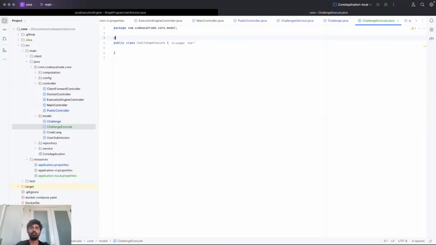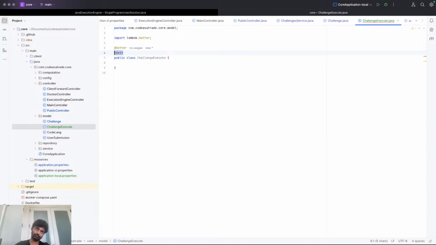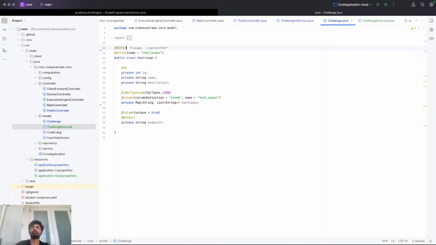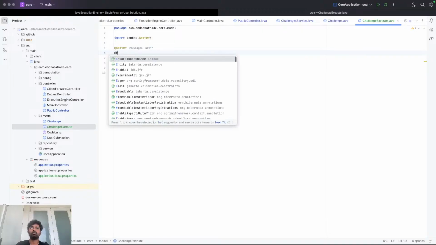So we have getter, and only getter actually. In fact, here it's only getter too. And this is an entity